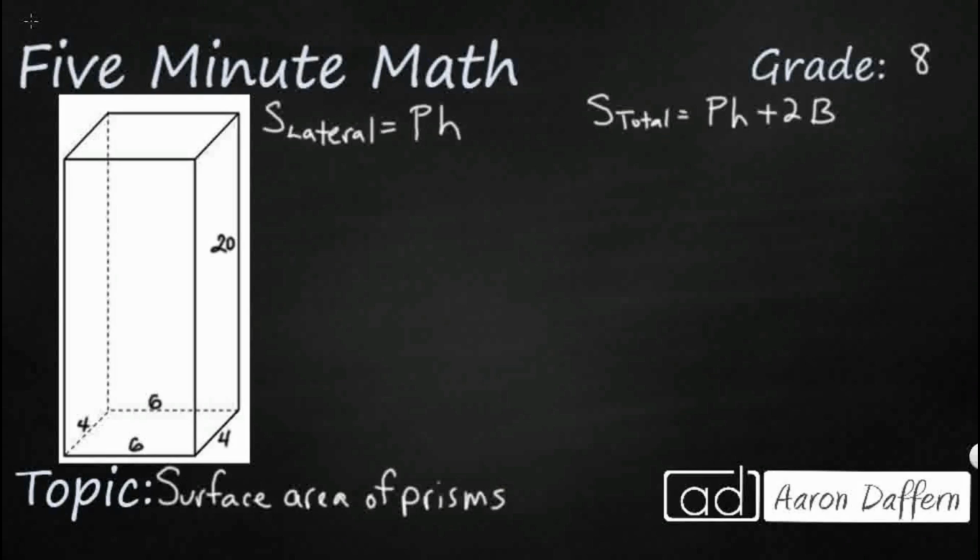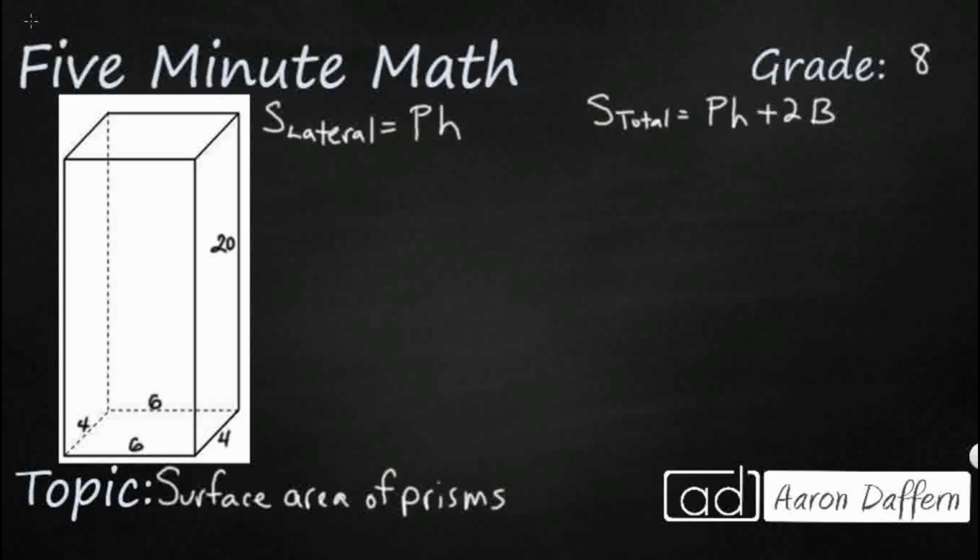Today we are looking at the 8th grade concept of surface area, specifically how we can find the lateral and total surface area of prisms, and we'll do it in 5 minutes or less. When we're looking at surface area, we're not looking at volume, we're looking at the area of all the faces. So this prism, we're looking for the surface area. We just need to add up the 6 faces, the 4 rectangles that make up the height,